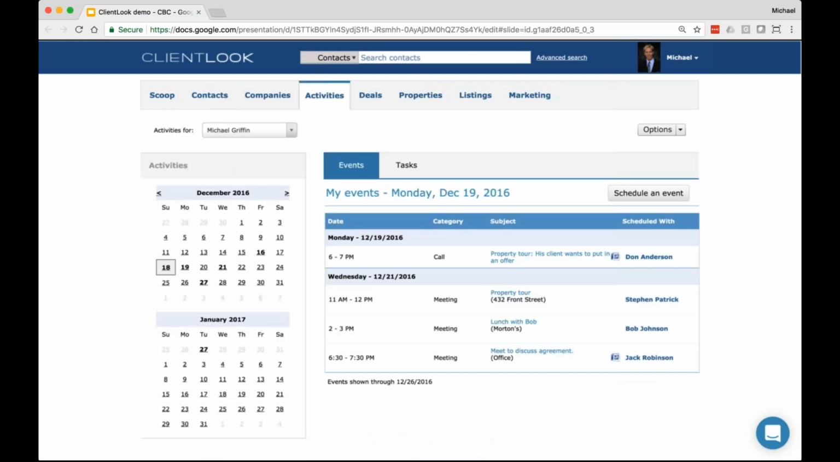Okay. Let me show you here just a brief little view of the calendar. I'm not going to get too deep into this, but when you schedule things, you schedule meetings, when you schedule tasks, they all roll up under the activities module. So this is where you come to see your events, which are activities that have a time associated with them. I'm going to meet with